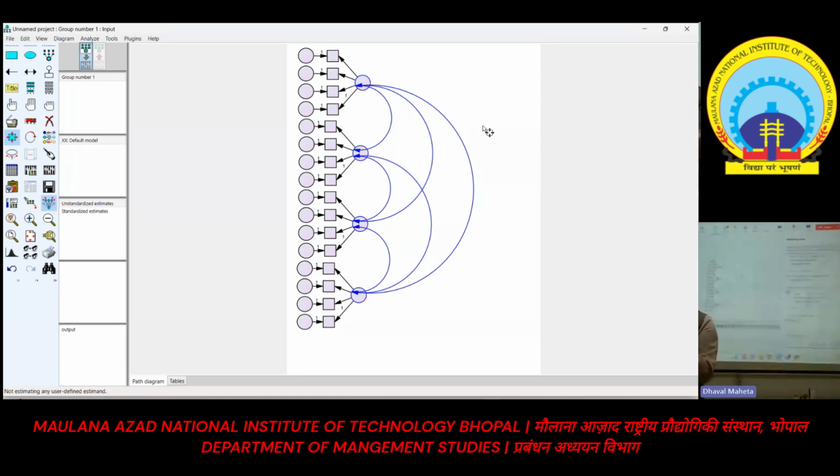रोटेट नहीं करना है, सिर्फ उसको ड्रैग करके लाइए, चला जाएगा।